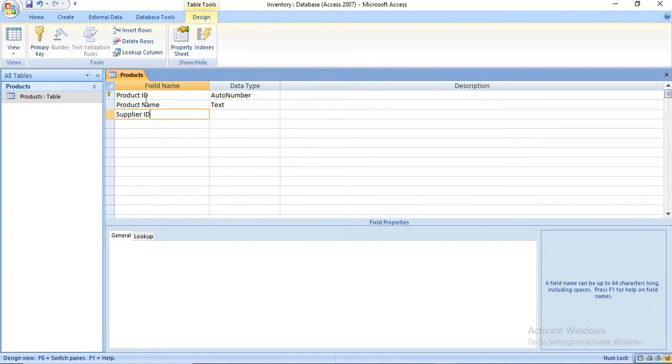This is called a foreign key. If any key we add to another table, that key is called a foreign key. Okay. After the supplier ID, unit in stock. And the last one is unit price.